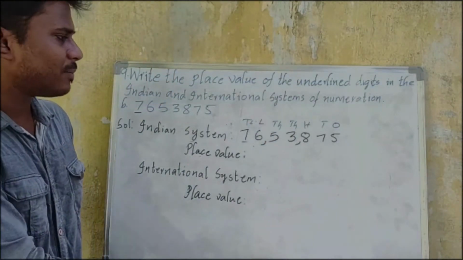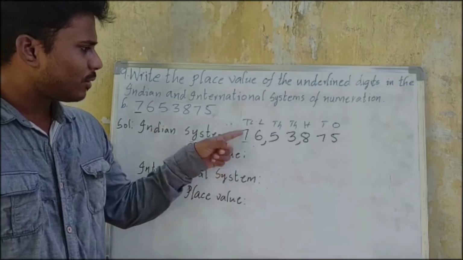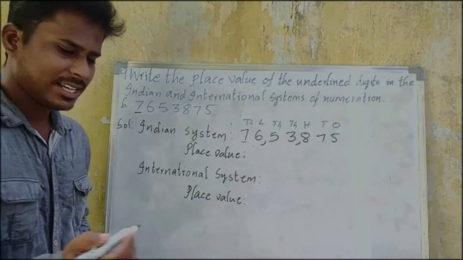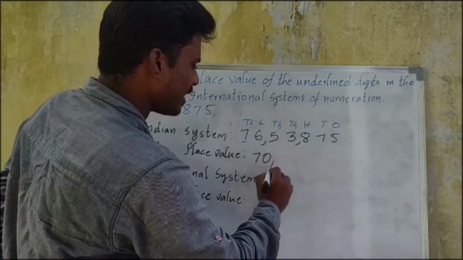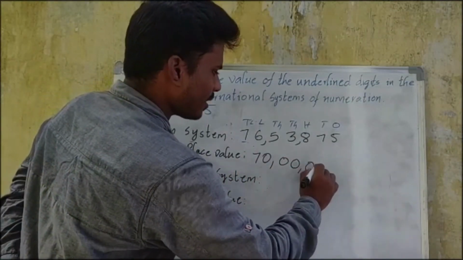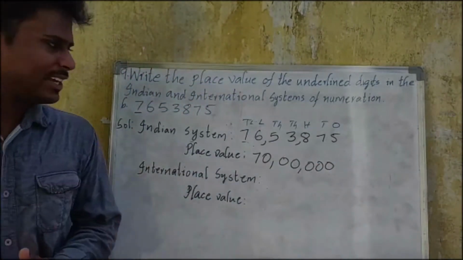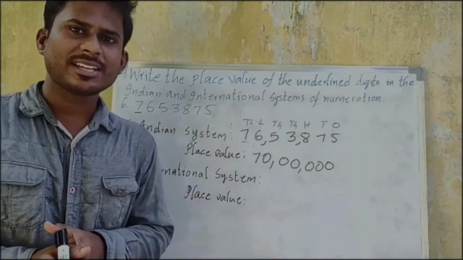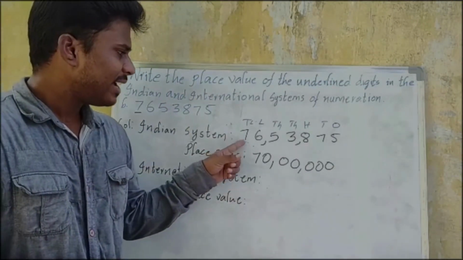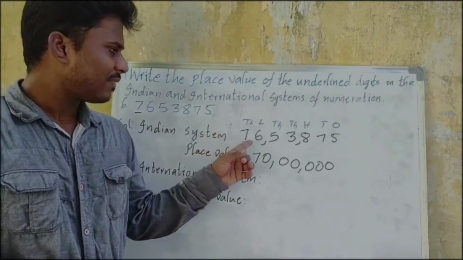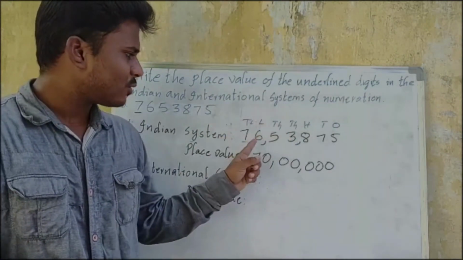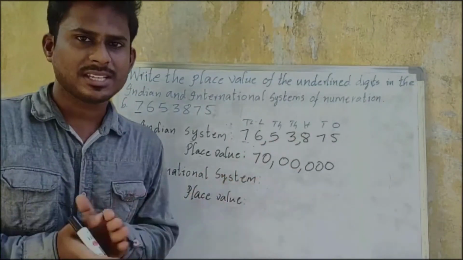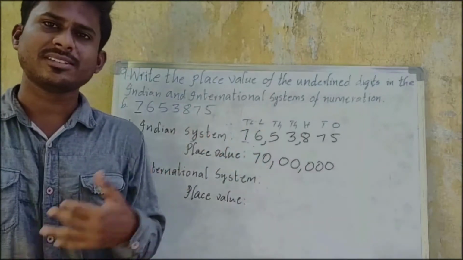If you look for the periods, it will be like this. So what is the place value of this digit here? So in which place it is? 10 lakhs place. So 7 into 10 lakh will be 70 lakh. So let us write like this, 70 lakh. Now I shall tell you one more technique. The digit 7 is in the 10 lakhs place. So we are writing 7 into 10 lakh is 70 lakh. Or else, write the 7 here, and after that, how many digits are there? Count once, 1, 2, 3, 4, 5, 6 digits are there. So we can place 6 zeros, and according to Indian system we can insert the commas.